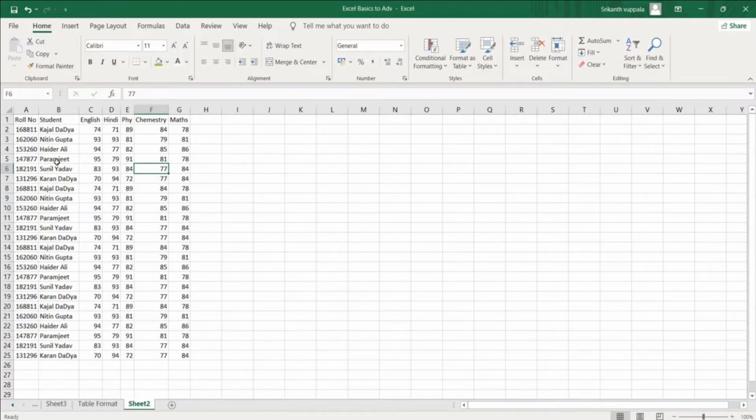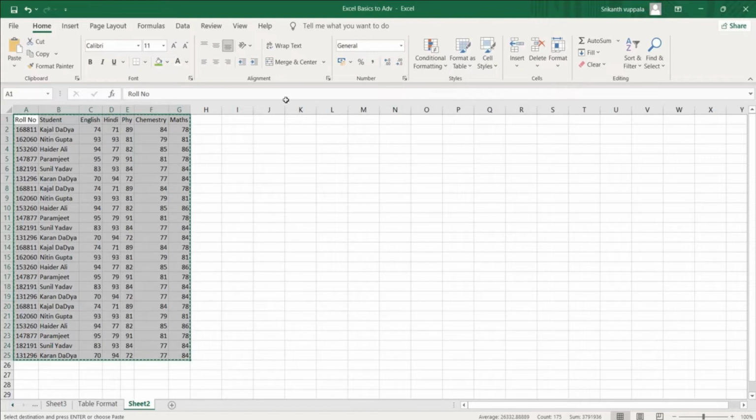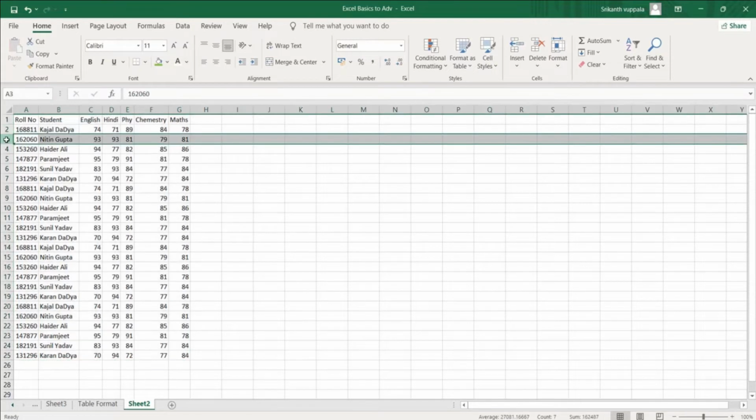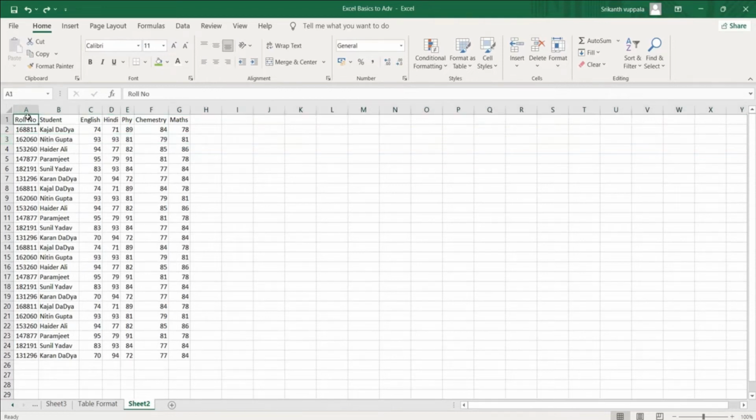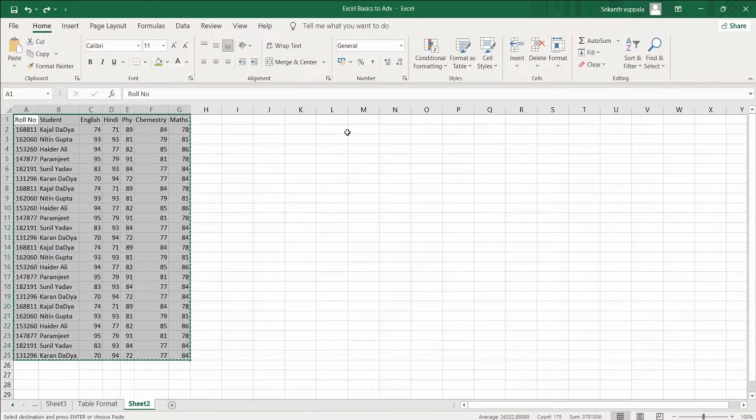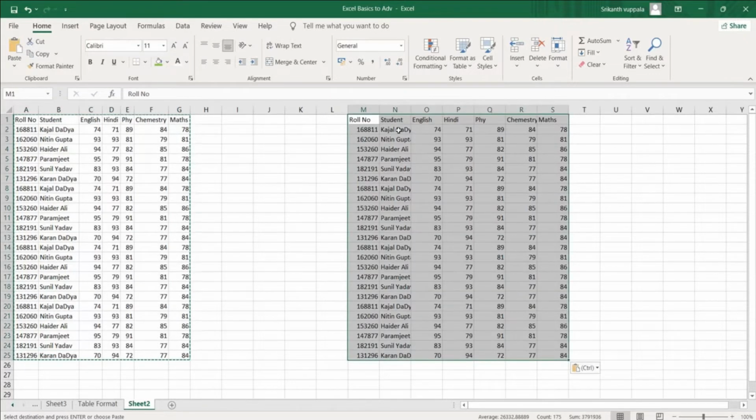Okay, let me format this information into a table format. Now let me copy this and paste it somewhere else so that we can understand the difference clearly.